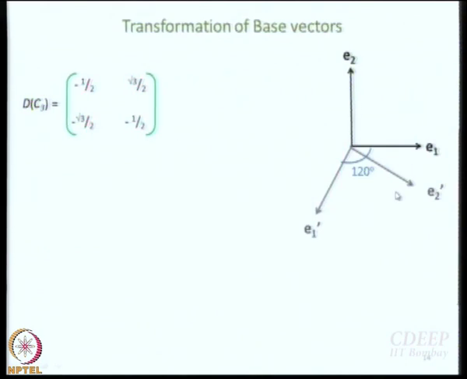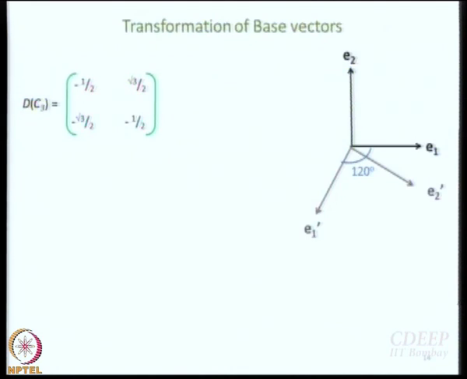I do not think it is my poor artistic skills, it is the screen that is messed up, perspective is okay, everything is in the plane, so there should be no perspective. The screen ratio has changed in order to be compatible with that. Actually it is looking okay there, on my screen it is looking strange. Anyway, fine. So the angle between E2 and E2 dashed is also 120 degrees, right?